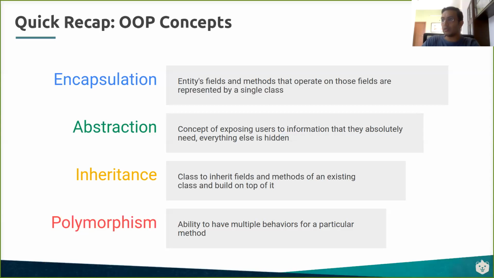Encapsulation is basically hiding the data, making it difficult for others to manipulate that data. You're saying I am an object, I will be in charge of manipulating my data, and I'll be in charge of my current state. That is encapsulation. Abstraction is method hiding, where you're saying the external guys need not know what I'm doing internally.